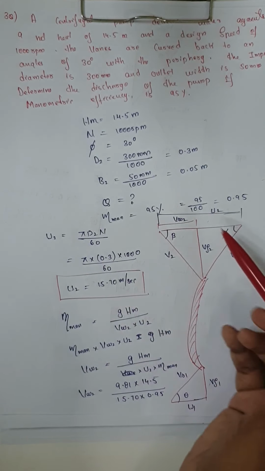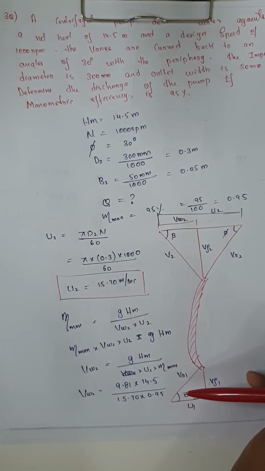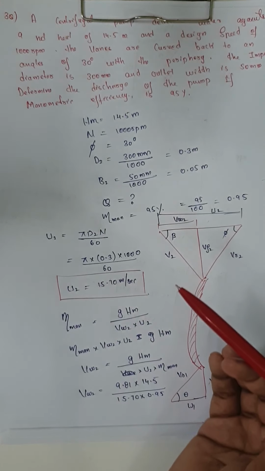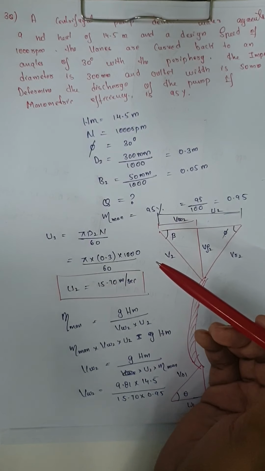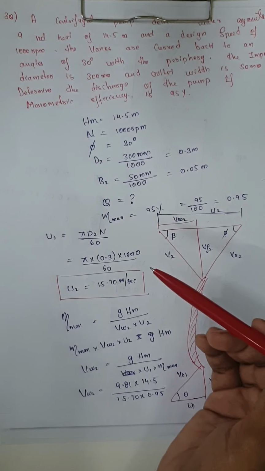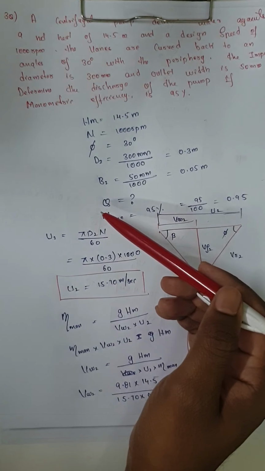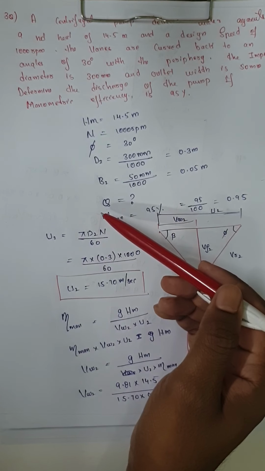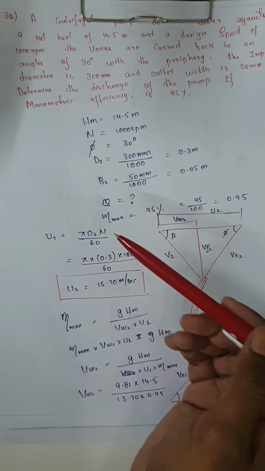Then by taking this triangle, you can't find anything, because to solve any inlet or outlet triangle there is a need of two data, but here the data is missing. So what you have to do is focus on the given data. According to that you have to select the formulas. Only 5 formulas are there. Based upon that you pick the formula and find out.